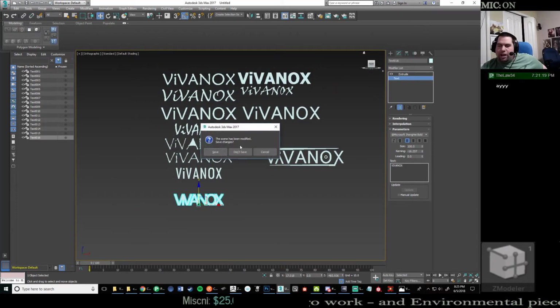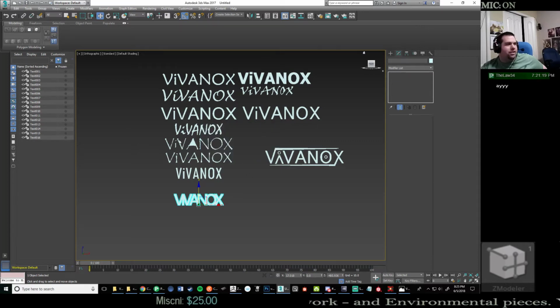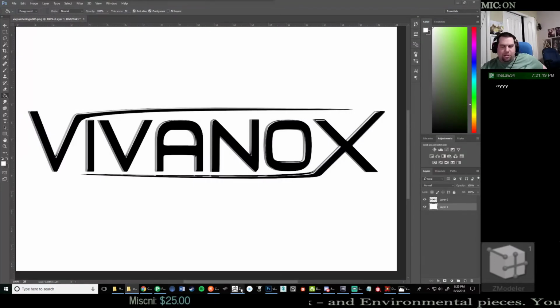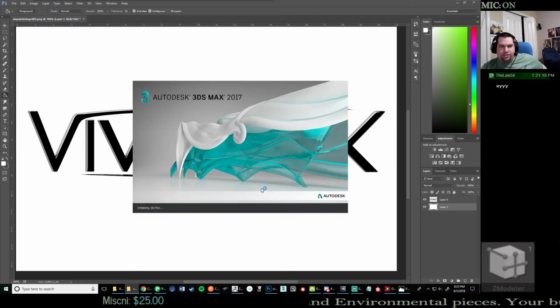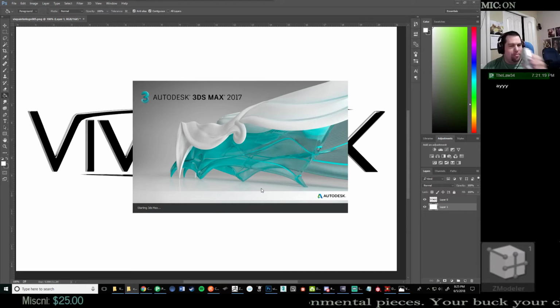I'm gonna reload Max. It's gonna take about 15 minutes. It takes a long time to load. That's one thing I really hate about 3D Studio Max. It takes forever to load, but when you're in there, it works. But compared with Blender, I click Blender, it pops up, I'm ready to go. Why are the eyebrows so thick though?